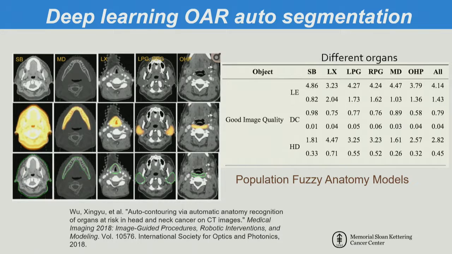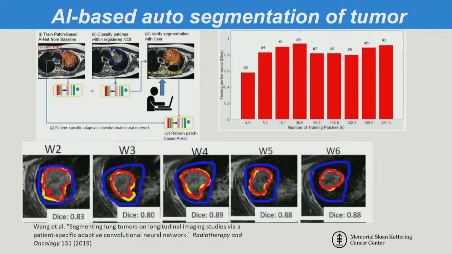But also, once we mention this, we also have to mention deep learning organ at risk auto-segmentation, which again, there is a lot of work put into this, and it's really helping out in a great way, the auto-segmentation, and it's in many cases giving us better results than atlas-based auto-segmentation. And you can also use it not just for